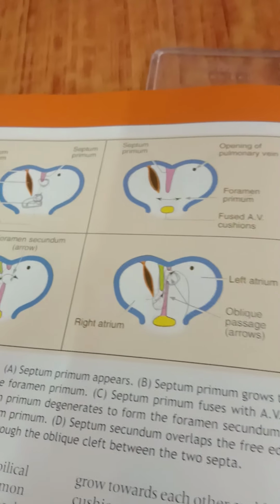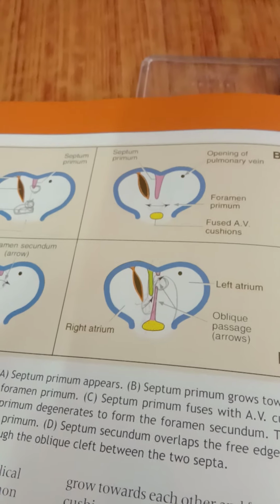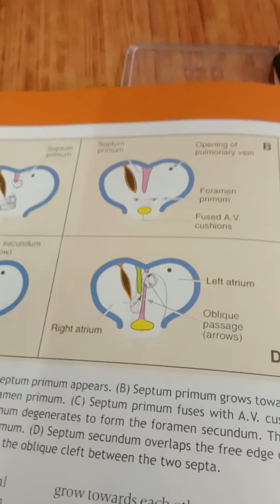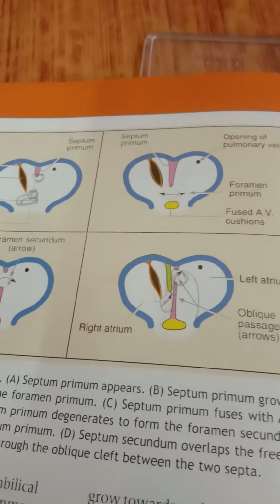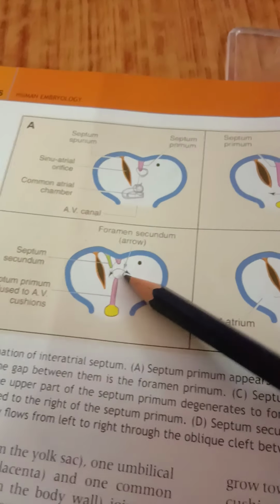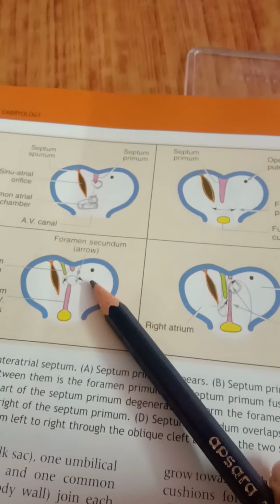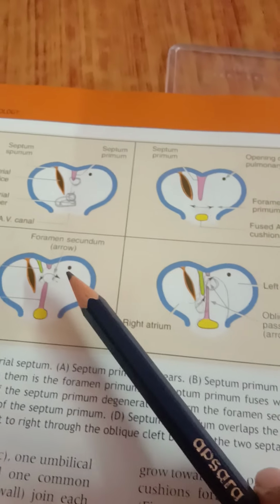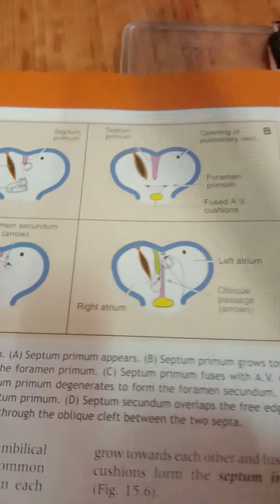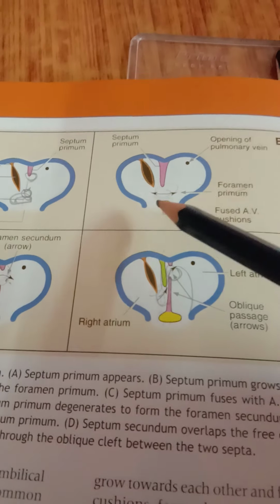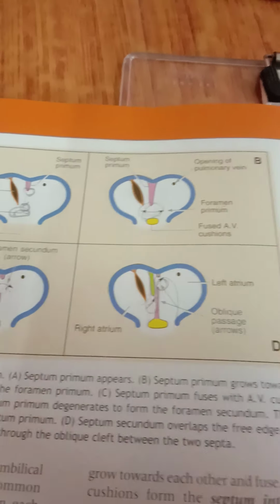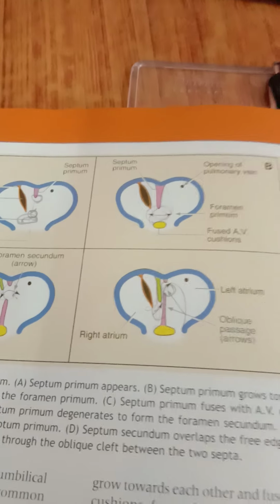So in adults, the annulus ovalis represents the lower free edge of the septum secundum. So we know what the septum secundum is. So here we have the septum secundum. In adults it becomes the annulus ovalis, while the fossa ovalis represents the septum primum. So where is that septum primum? This is the septum primum, which in adults is represented as the fossa ovalis.